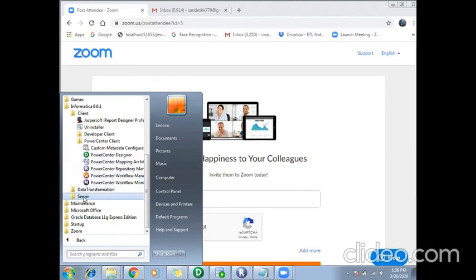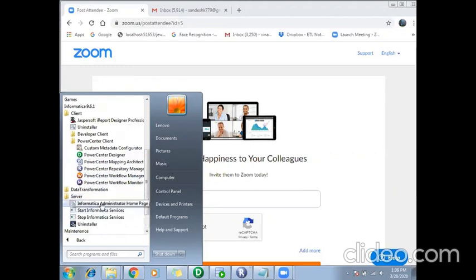Last class I told you that on the server part, you have to go to the Informatica administrative home page. There you will be creating your repository service and integration service. People who have not done the installation yet can follow the mail I shared with the steps. The attached document has the steps to create the repository and integration service in this administrative home page. Once that is done, we'll go to our PowerCenter Repository Manager.